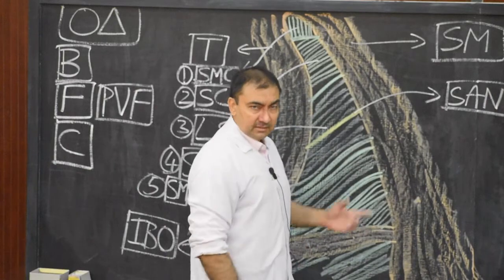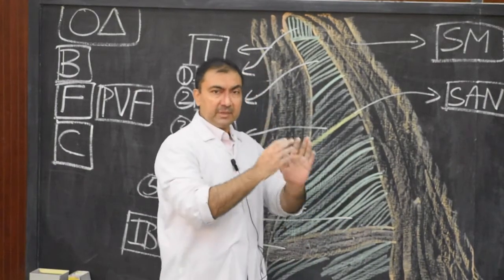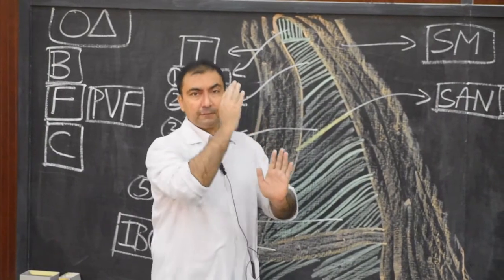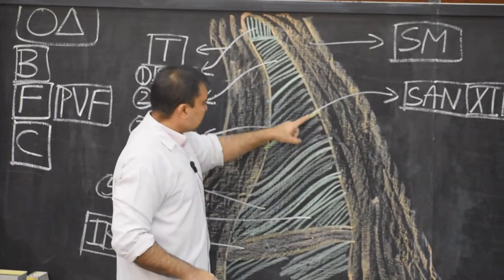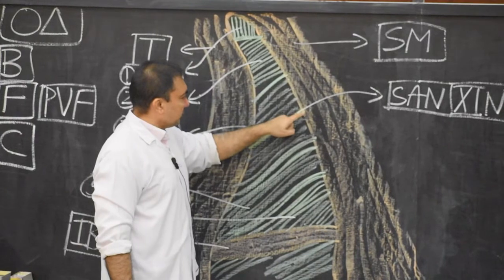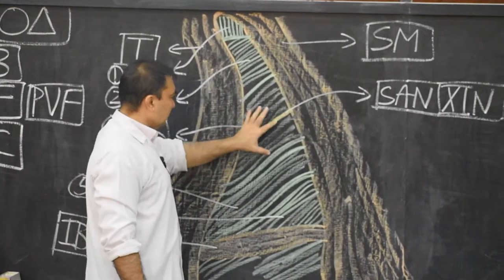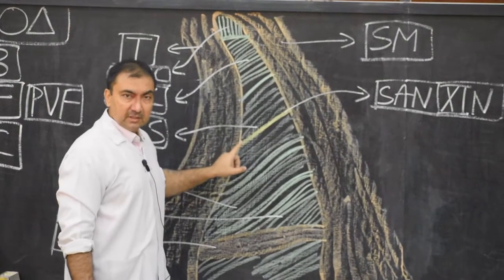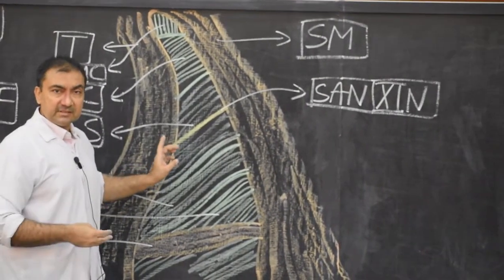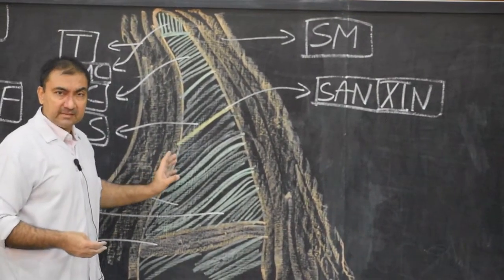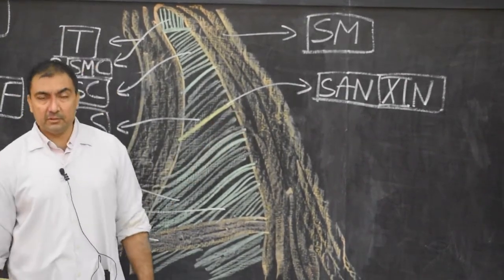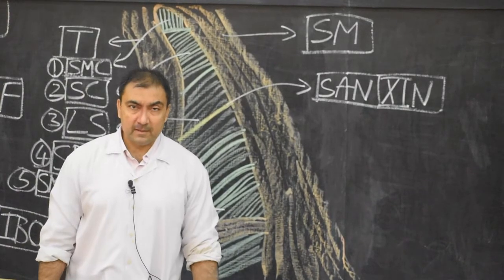So try and understand the course as I have explained it to you. It is lying beneath the investing layer of deep cervical fascia, which forms the roof of the posterior triangle, and this nerve is visible right from the middle of the posterior part of sternocleidomastoid on levator scapulae, and it will pass beneath the trapezius muscle. What will it supply? Trapezius muscle. The spinal part of accessory nerve supplies the trapezius along with the sternocleidomastoid muscle.